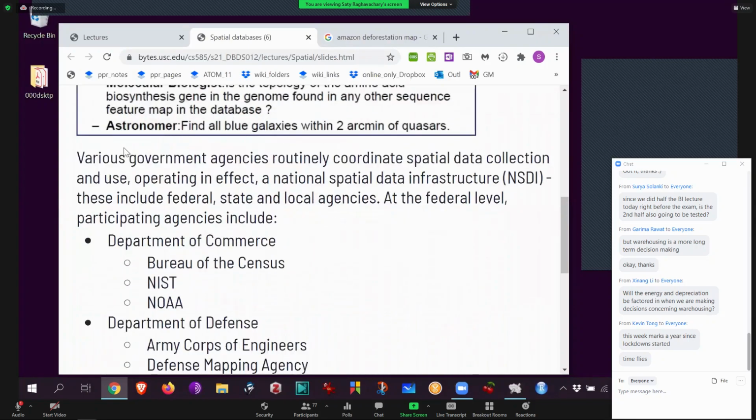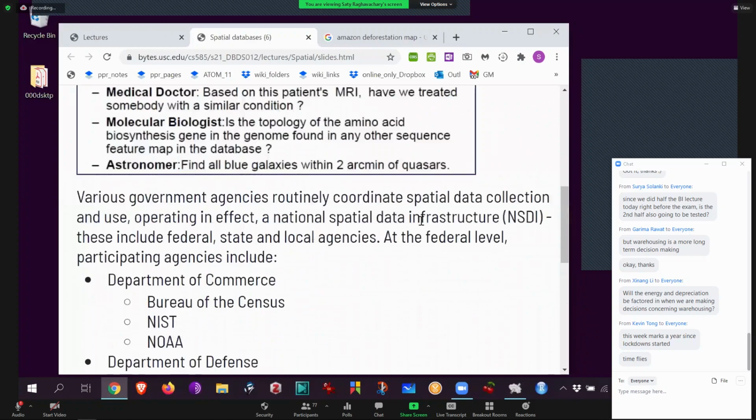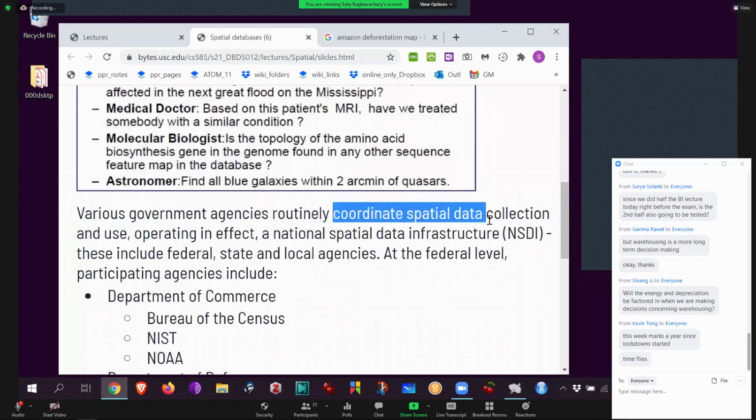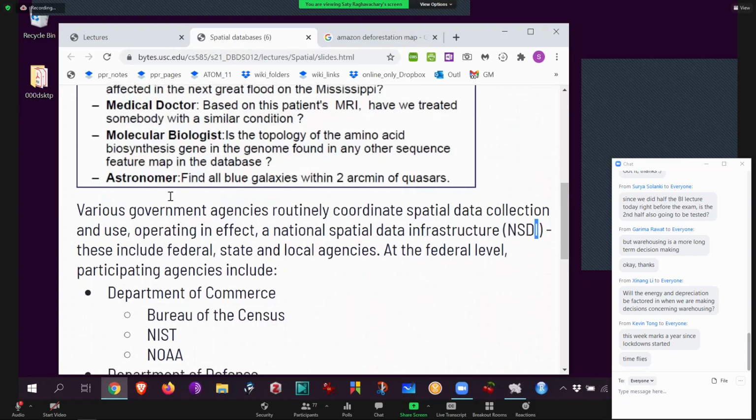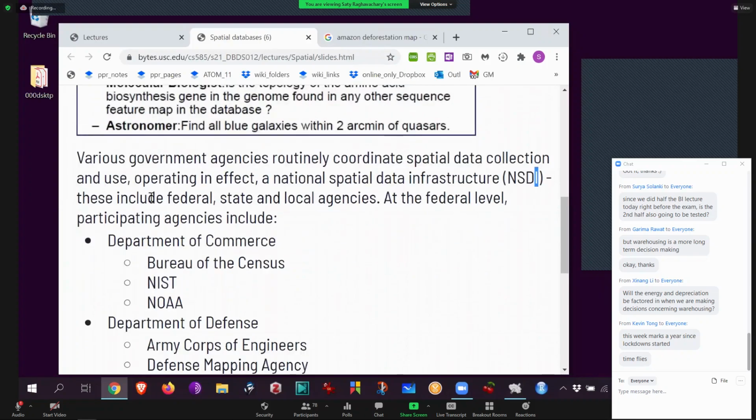And then this is what I told you earlier. Governments take spatial data so seriously. The US has so many different ways of collecting spatial data, so many of them. So they have to coordinate, meaning you don't duplicate data, you don't not share data. You want to freely share, but also not do extra work. And so then you have this one agency called the Spatial Data Infrastructure. Their goal is to coordinate, literally talk to all of them and say, what do you have? Oh, you can use this, I'll give it to you. So make it all freely available, okay? That's NSDI's job. And then you can collect data. The US collects data at the federal level, state level, and at the city level as well.